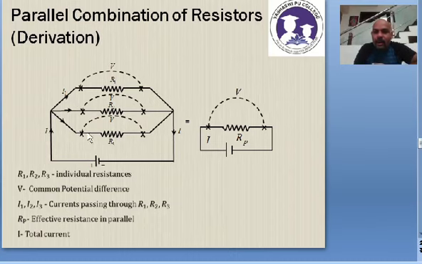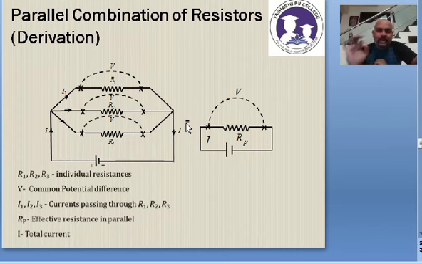observe here one end of all the 3 resistors, consider it as left end, left of R1, left of R2, left of R3, all are connected common, they are connected to one point, and the right side of R1, right side of R2, right side of R3, all are connected to another end. That means one end of all the resistors are connected to one common point, the other end of all the resistors are connected to another common point. In that case, we say that the resistors are said to be in parallel.